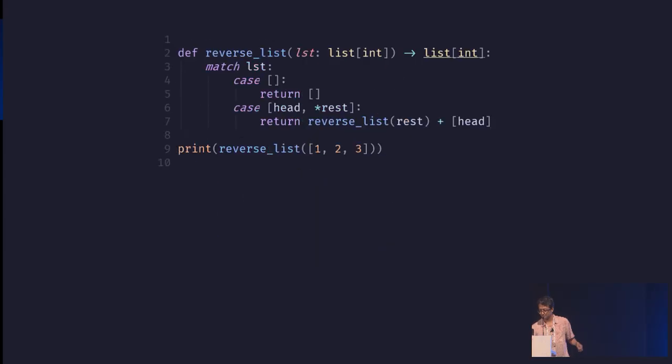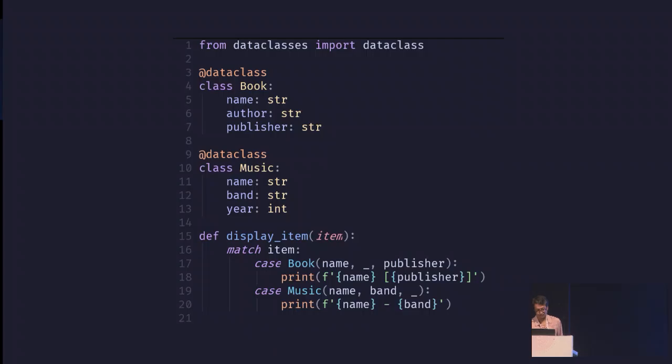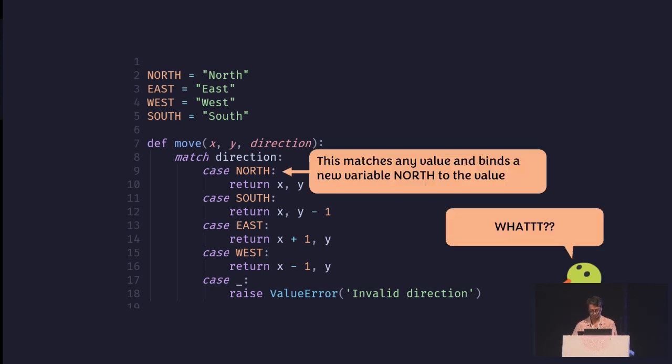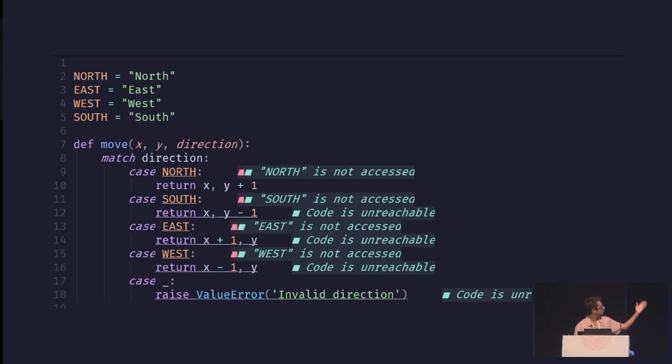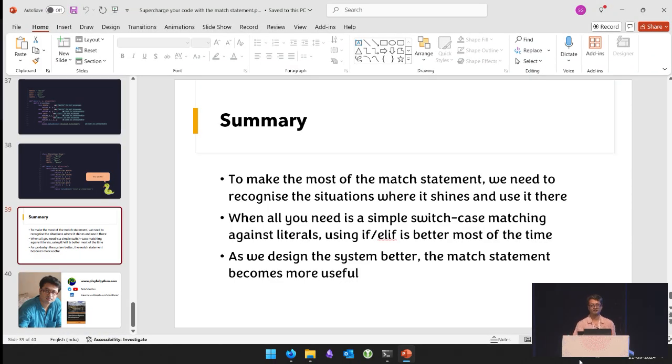Even in the previous example, case Point of 0, 0 doesn't mean it will create a Point object and compare. It's just expressing the pattern. So here, when we have this north over there, that's actually a valid variable name. So it is going to match everything and assign the value to north. It will extract the whole thing into the variable north. That's just the one thing to take care of. You'll get this kind of error if you do that. But apart from that, that's pretty much it.